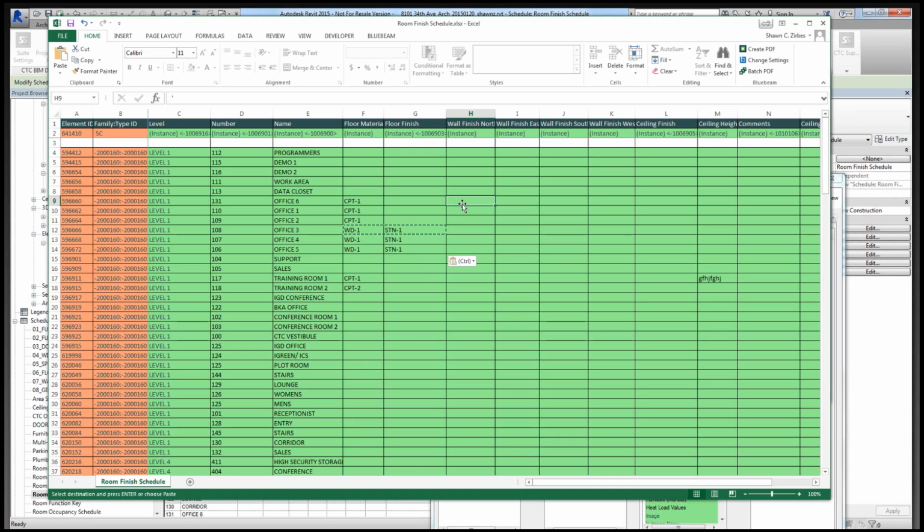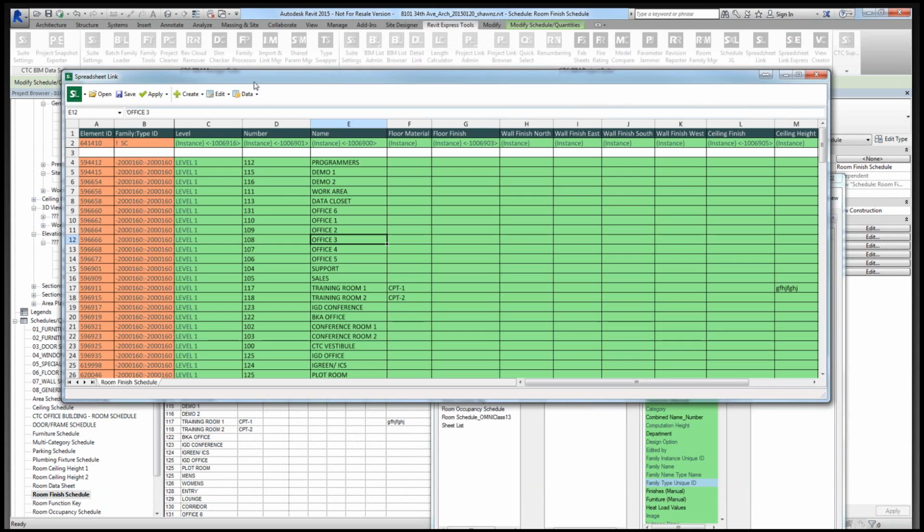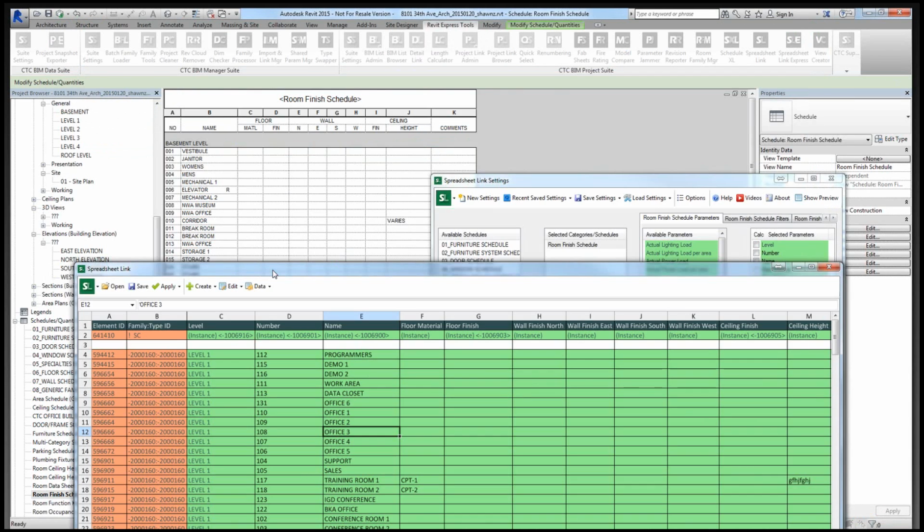I can autofill information. If I have PNT-1 here, and I want to say copy this maybe once, I want to autofill this down, that's very easy to do. No big deal. Real easy to go ahead and just copy that information around. So now I can go ahead and save this. And I can close this down, and then from the Spreadsheet Link window, which maybe I've closed, maybe I haven't,